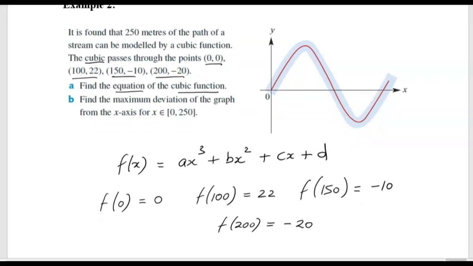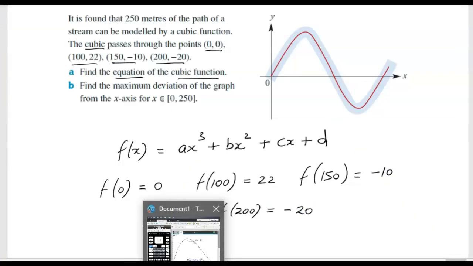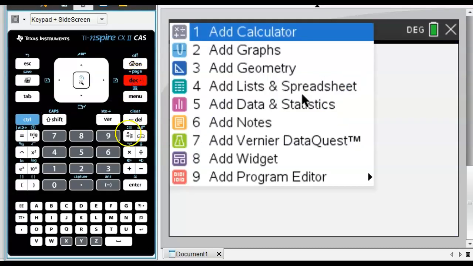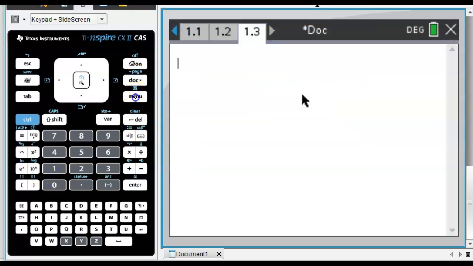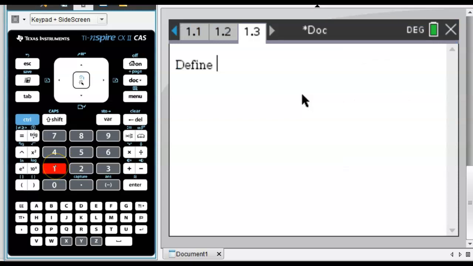Now with that behind us, let's quickly go to our CAS calculators. We can try to solve this by hand, but in this particular scenario I'm going to use the help of the calculator to solve for the values for a, b, c and d. So I'm just going to open up a calculator page. We're going to go into menu, actions, and we're going to select define. I'm going to define f of x, so f bracket x